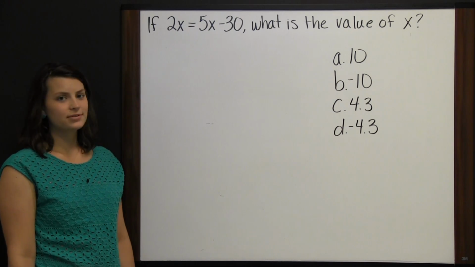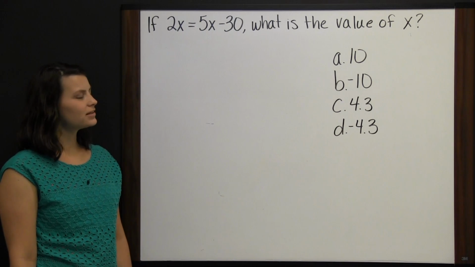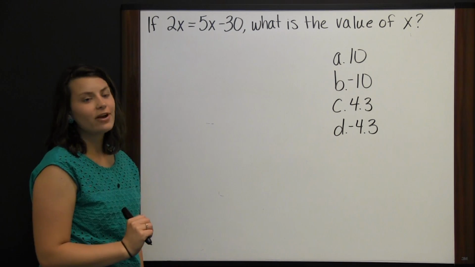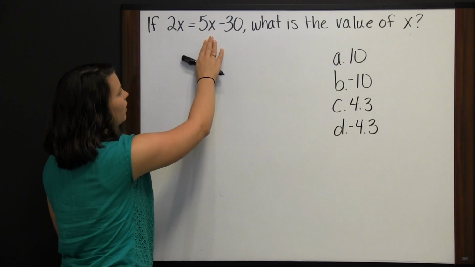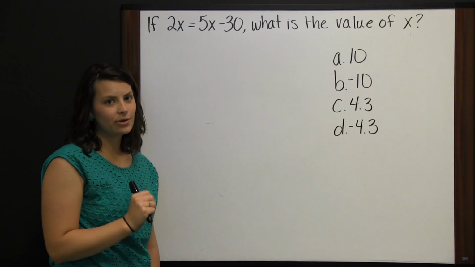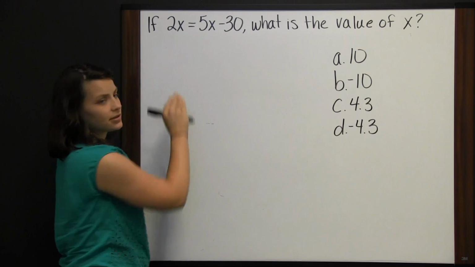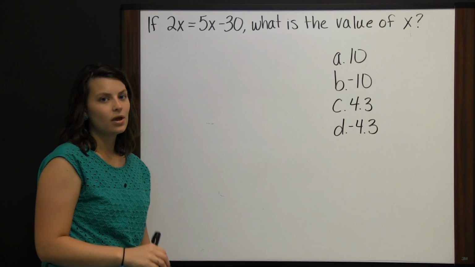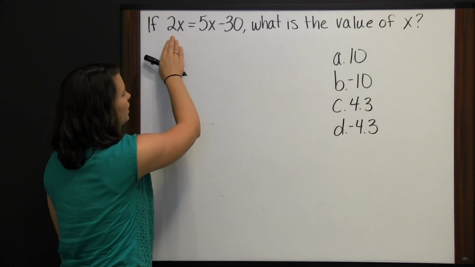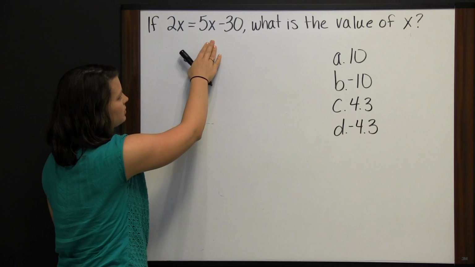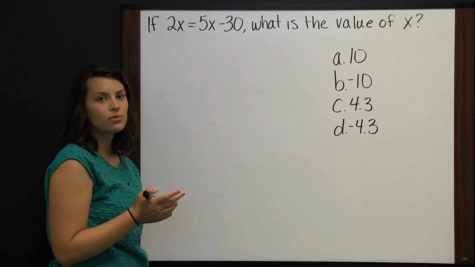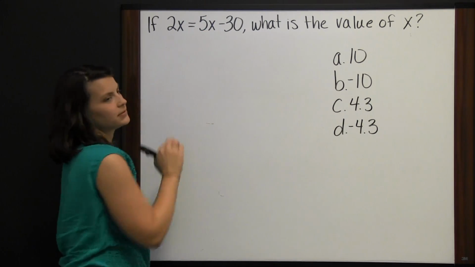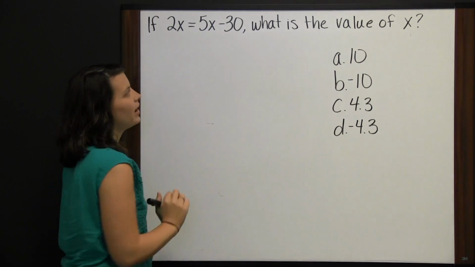If 2x equals 5x minus 30, what is the value of x? The first thing we want to do to solve for x is to get all of our x terms on the same side of the equal sign. We have 2x on the left side of the equal sign, and we have 5x on the right side. We have 2 options here. We can either subtract 2x from both sides, and that way we would get rid of 2x on the left side,